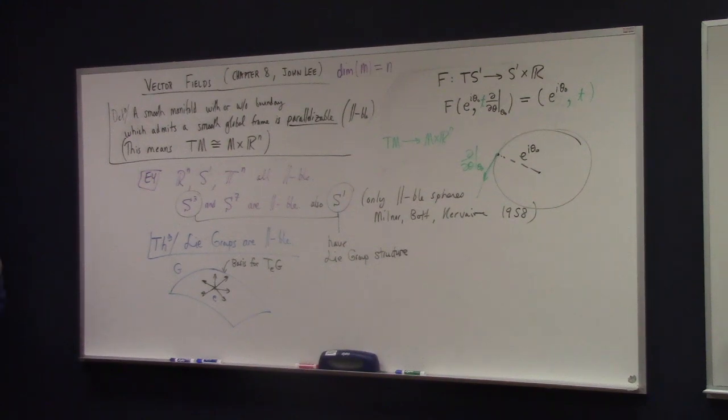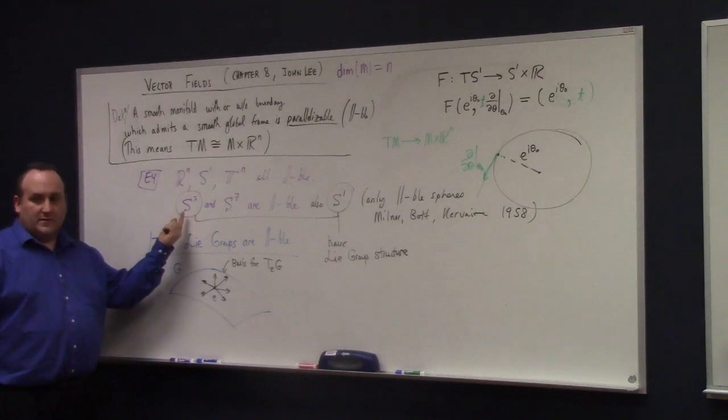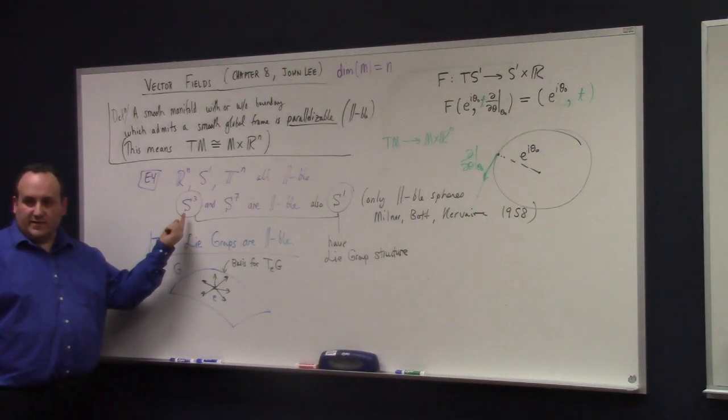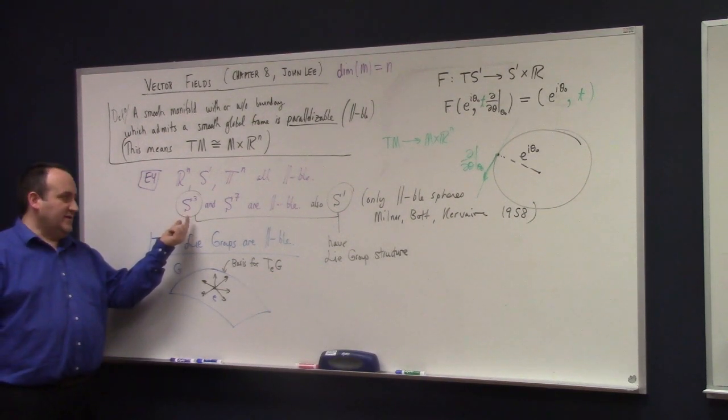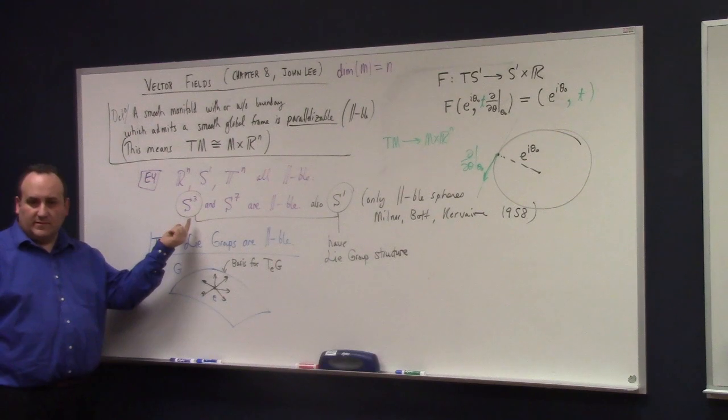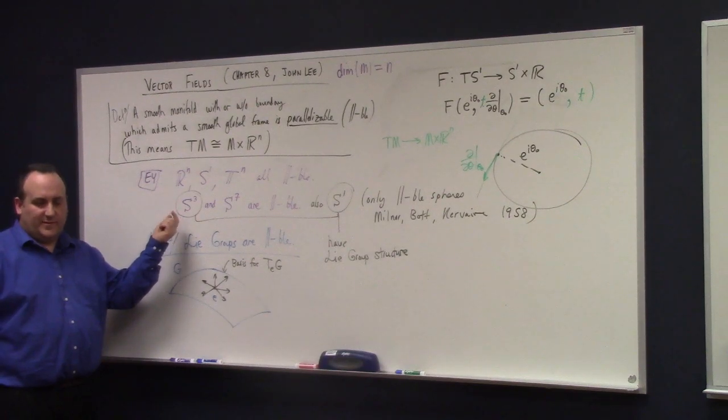e to the i theta 1 times e to the i theta 2 is e to the i (theta 1 plus theta 2). That's the Lie group. It's just complex multiplication, the Lie group structure. And because S3 is a subset of C2, S3 is a subset of R4, but we can view it as C2. It's the set of (z, w) in C2 such that z times z bar plus w times w bar